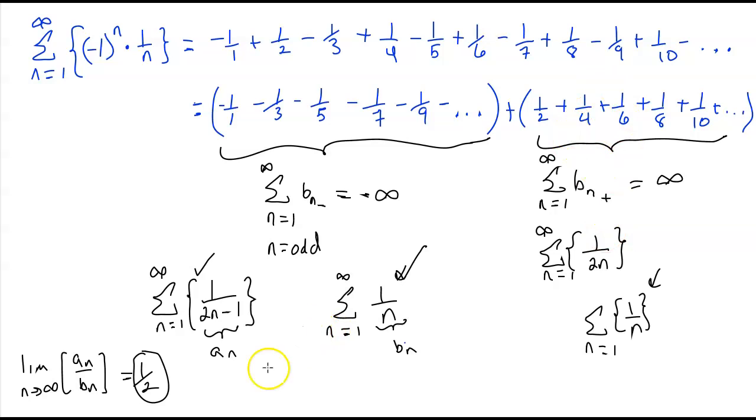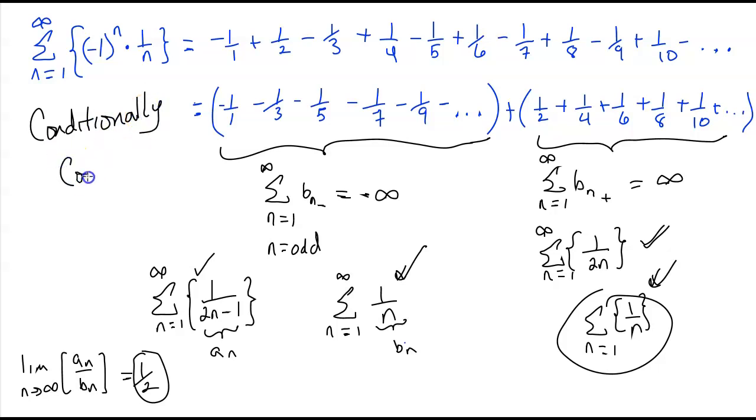And since this is a positive number again, that tells me that either both series converge or both diverge. And here, since this one diverges, this one will diverge as well. And of course, it would just keep on going to infinity since we're talking about positive numbers. So the point that I'm making here is that this is the reason why this particular series here